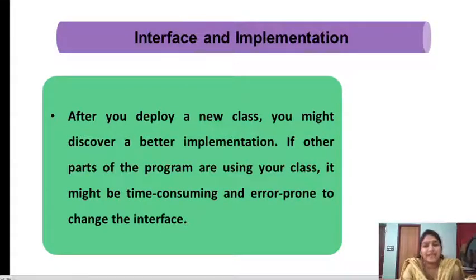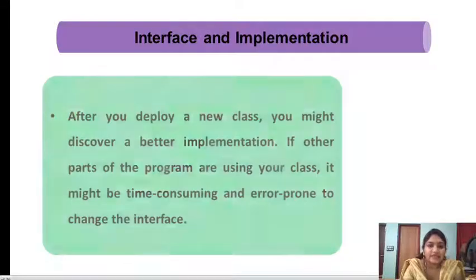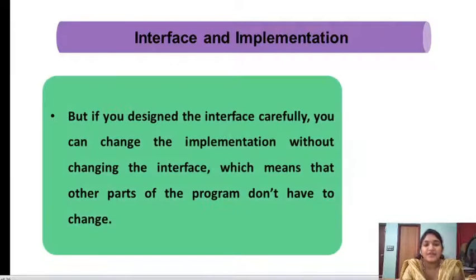Changing the interface can take more time or cause errors and interruptions. But if you design the interface carefully, you can change the entire implementation without changing the interface, which means the other parts of the program don't have to change.